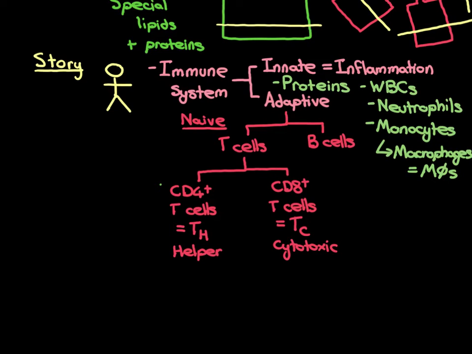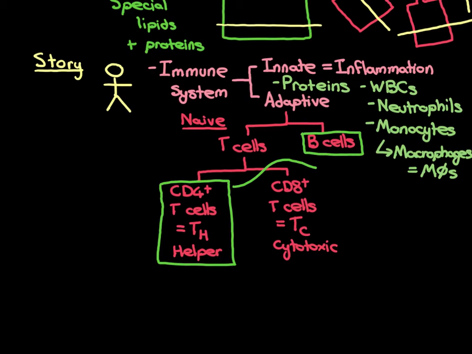So the CD4 positive T cells here, or the helper T cells, they actually form an arm of the adaptive immune system with the B cells. And the CD8 positive T cells, they form another arm of the adaptive immune system on their own. Now, this is the reason that the helper T cells are called helper T cells, because they work with the B cells. So let me try and give you some motivation about these two different arms of